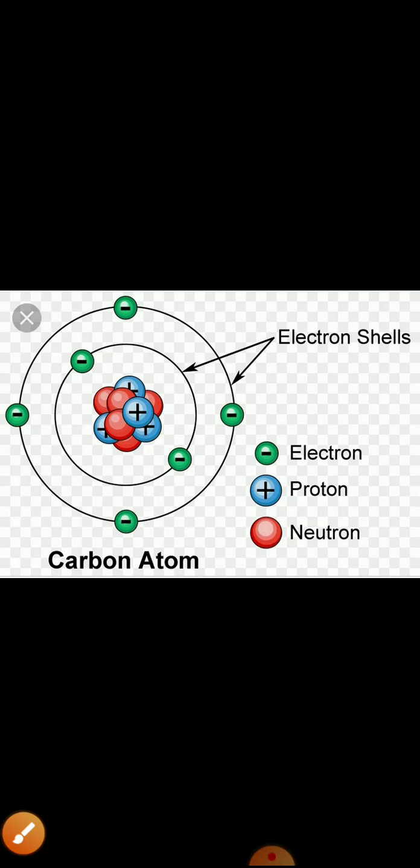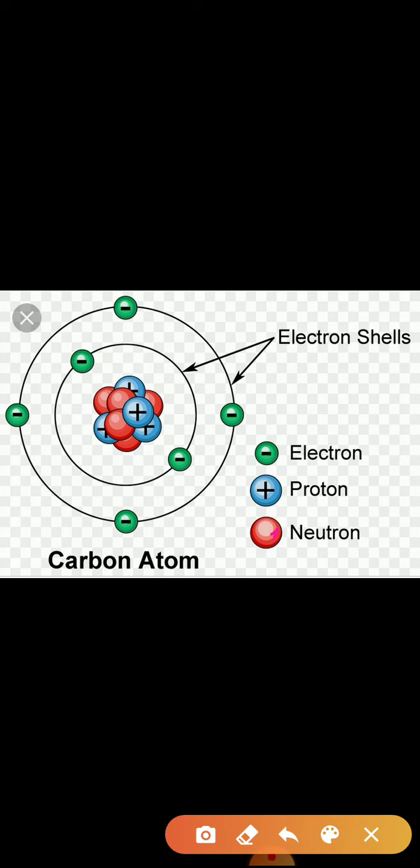The mass of the proton is approximately 1 u, meaning 1 dalton. 1 u is equal to 1.66 into 10 raised to minus 27 gram. So the mass of one hydrogen atom is also approximately 1 u. So these are the protons. Now second is the neutron. You will see here, these are the neutrons.